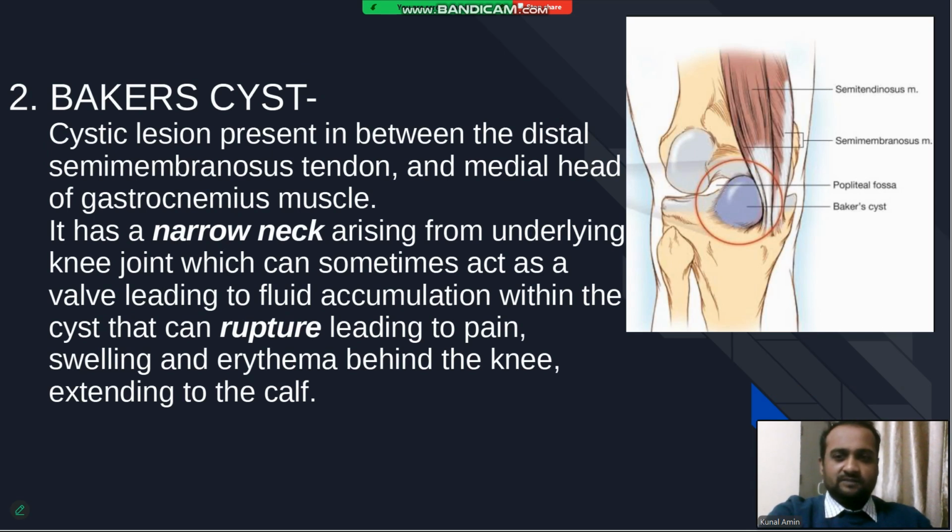In the Baker cyst, a cystic lesion is seen, which is present in between the distal semimembranosus tendon and the medial head of the gastrocnemius muscle. It has a narrow neck arising from the underlying knee joint, which can sometimes act as a valve, leading to fluid accumulation within the cyst that can rupture, leading to pain, swelling, and erythema behind the knee, and it can extend